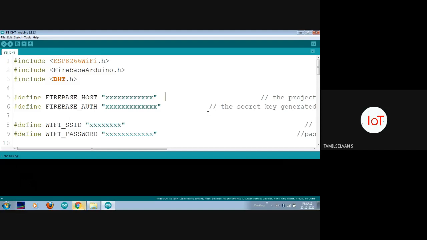So here we will have a code for a DHT sensor, that is a temperature sensor, and it will also measure humidity. These two data that we are going to update into a cloud called Firebase. The advanced feature with Firebase is that we will be looking at the database directly, and we will also be allowed to host our website to some extent, and we can easily communicate with the free app service providers.